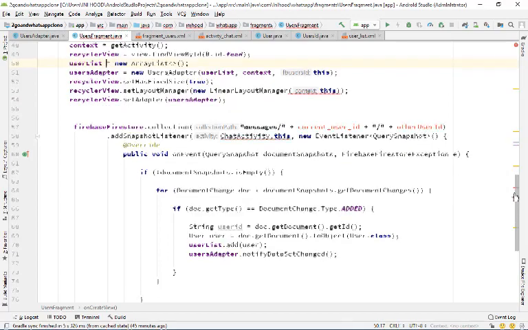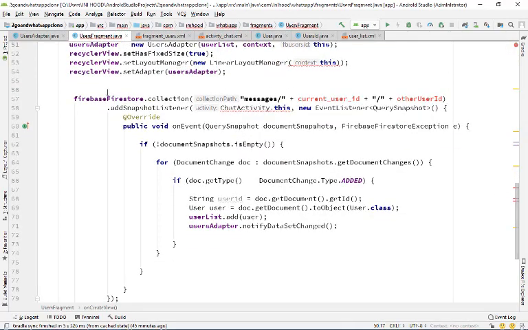Then the next thing we did was to just go to the Firebase store location. So this, I'm sorry, I'm going to delete this out. This is going to be users. So it's going to be users. Then inside the users, we want to add a snapshot listener to it. So this is the context that is supposed to be added. So this add itself to the activity. So once the activity is destroyed, the query or whatever we are doing with Firebase just gets cancelled or destroyed. So here just passing get activity,